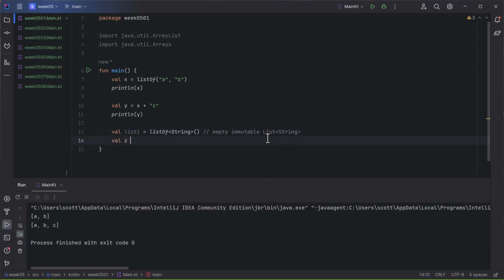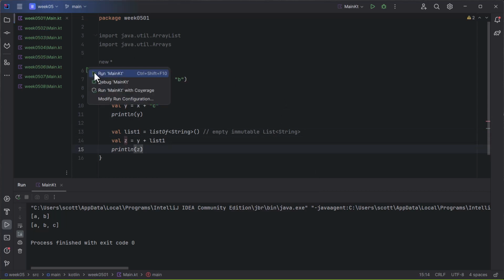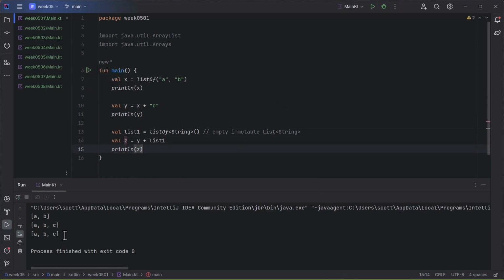We could say val z equals, let's say, y plus list1. And that's perfectly fine. We're now appending a list onto the end of the other list. Since that one's empty, we're not really going to see any change there. It's going to look exactly the same. But let's think about what's happening when we create this new list. It is a shallow copy